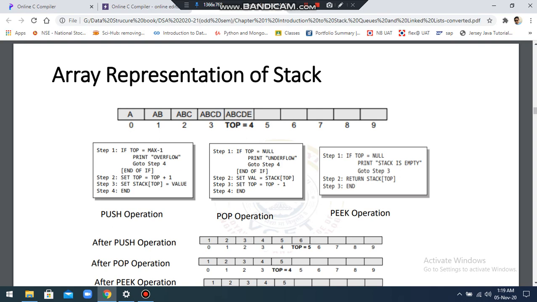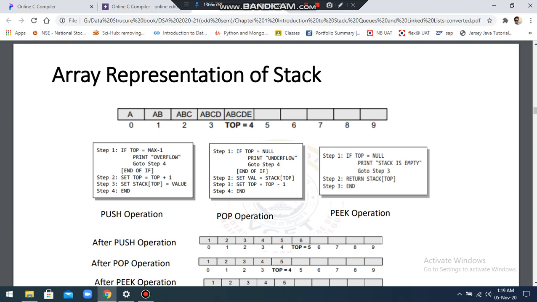If we take a maximum size, this particular location is always denoted by maximum size minus 1. So the condition to check overflow is: if top is equal to max minus 1, then it's an overflow condition. You cannot insert an element into the stack. And if this is not the case, you simply increment your top, and the value which has to be pushed or inserted is inserted at the topmost position of the stack.